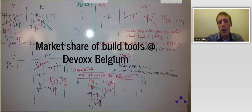The background of this slide is a whiteboard, which was at the DevOps conference in Antwerp last year. There was this hallway in the venue that the DevOps was held in, and this whiteboard used to be empty. It was an empty whiteboard at the start of the day. But you know how it goes, a clean whiteboard and some developers, well, there was bound to be something on it at the end of the day. And I was right, at the end of the day it was very full, and people started all kinds of popularity contests, like